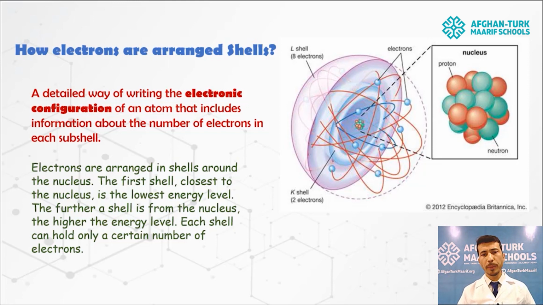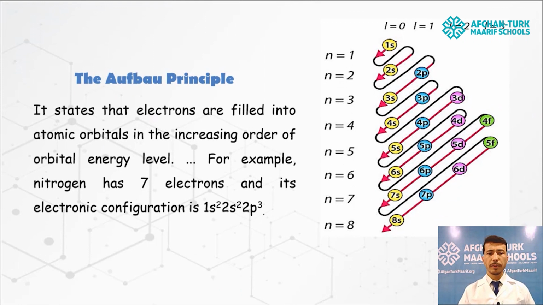Okay, how to find how many electrons, and in which subshell and in which orbital they are sitting or arranged? There's a principle which is known as the Aufbau principle. It states that electrons are filled in atomic orbitals in increasing order of orbital energy level. For example, we know that there are 7 electrons in nitrogen, so its electronic configuration will be 1s2, 2s2, and 2p3. I will show you how we can write how many electrons are coming in each orbital, but before that